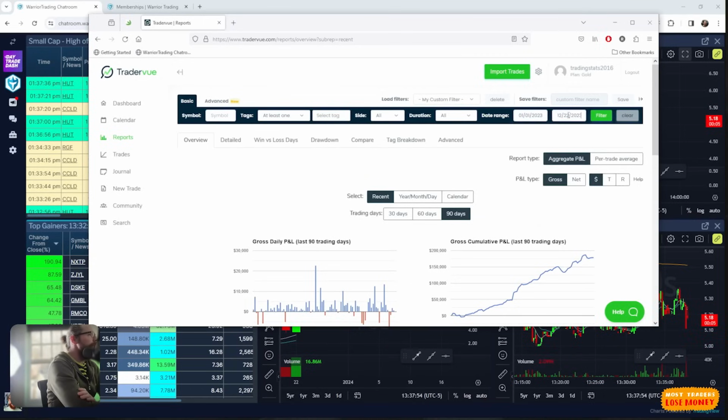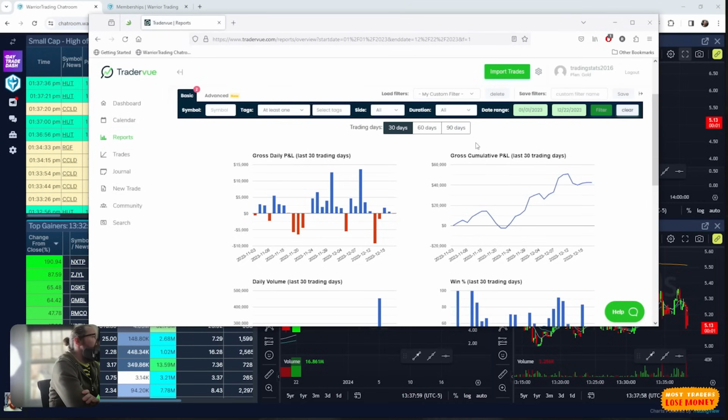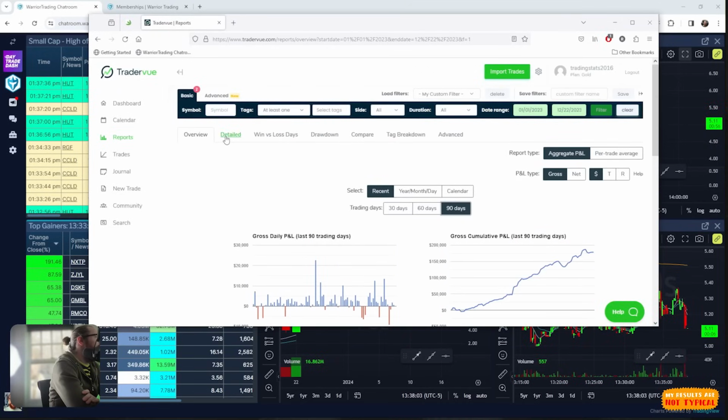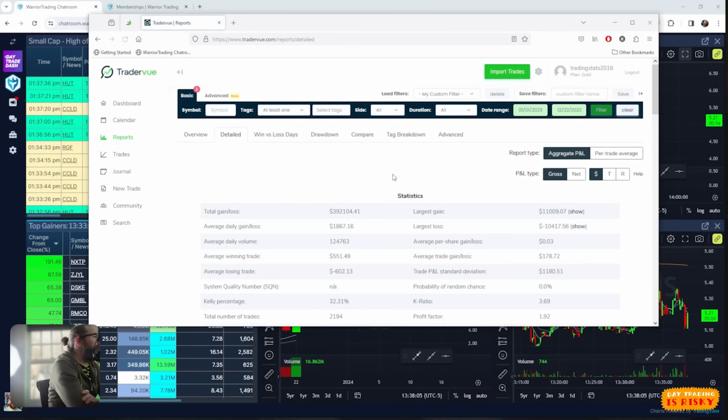1/1/2023. All right, so big picture, where I sit on the year. I don't think it's going to show. Yeah, it's not showing it in there. But we can see detailed. So sitting with